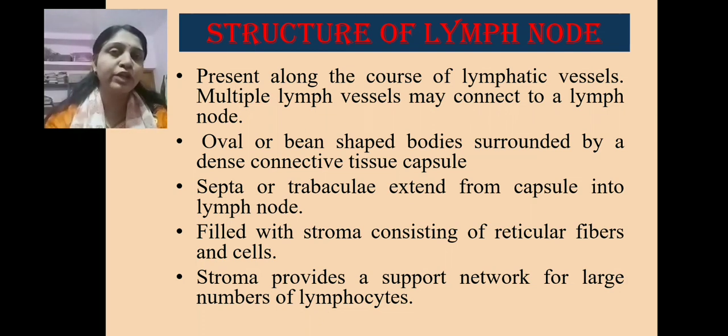After the antigenic stimulation, there is proliferation of these cells. The exact meaning of proliferation is that there is an increase in the number of cells; clones of the cells get formed which can fight that specific antigen. In simple words, there is an increase in the number of lymphocytes. So in this condition, the lymph node is small, so there is no more space for the developing T lymphocytic cells or developing B lymphocytic cells.